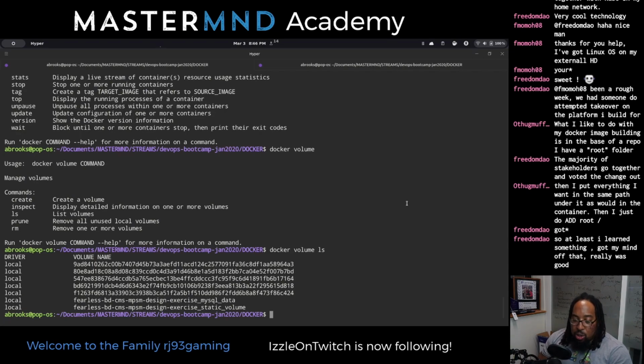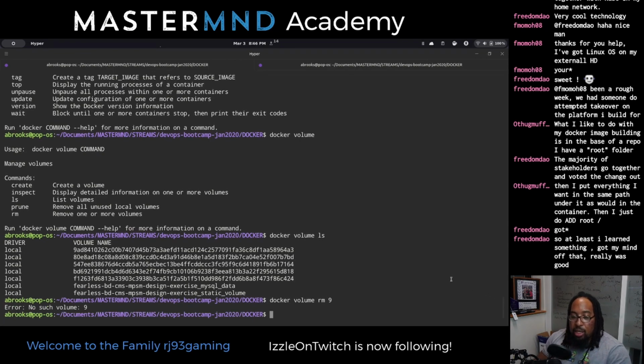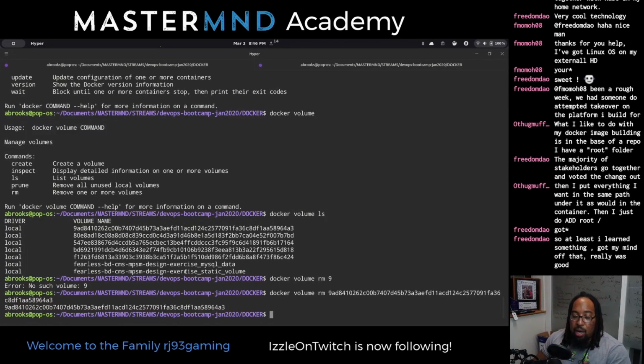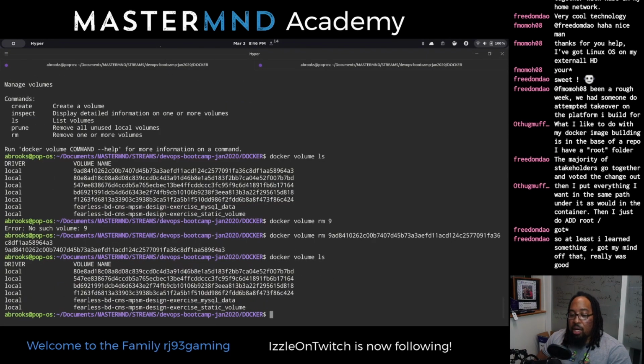First thing I'm going to do is remove all these. How can I remove all of these? I can use the rm command to delete one. So let's practice that really quick. Let's do docker volume rm, and we'll just select one right here. I'm pretty sure I can just do it like with a container ID again. Oh no, I guess for these, you've got to do the whole thing. All right. And you can see that removed it. If I do another docker volume ls, that top one is gone.